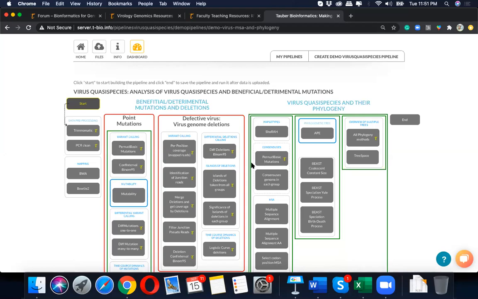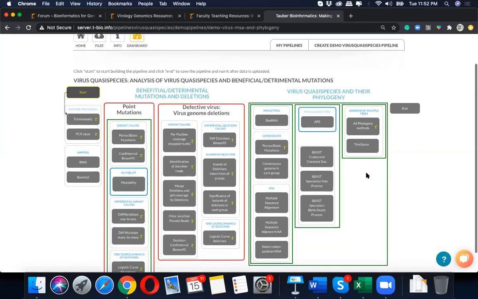If you have FASTQ files, meaning those raw data from patients, for example, you will be able to use this section in red. If you have only assembled genomes, like the genomes that you saw on NCBI, the complete genomes, as Ilya told, assembled genomes are FASTA files. You will be able to use this blue section.